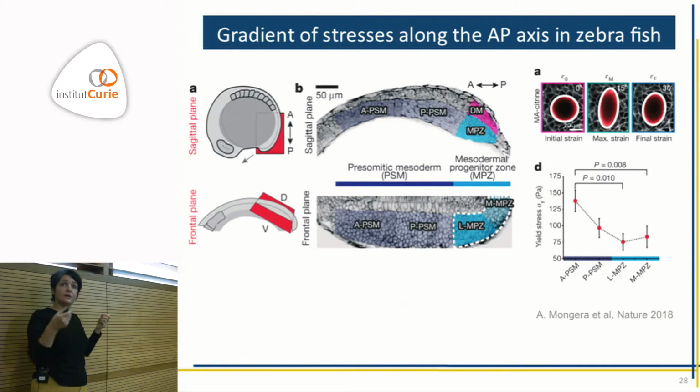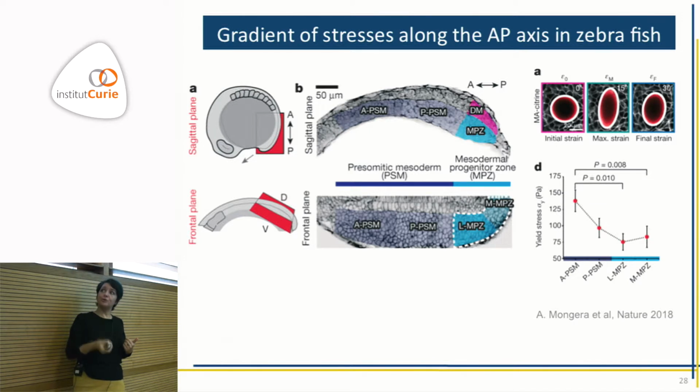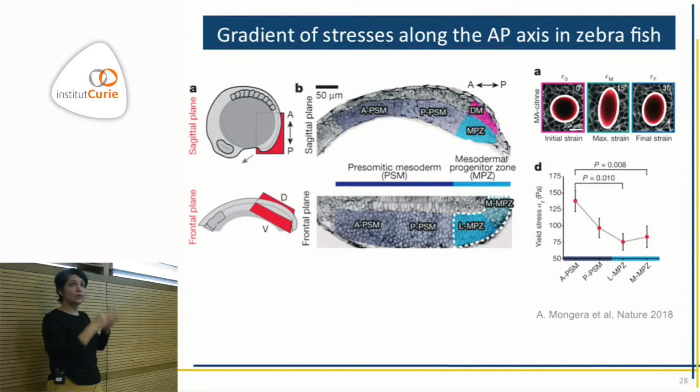And from analyzing the shape of this droplet, they could see that there is a yield stress gradient between the anterior and the posterior of the embryo. Then they used a lot of modeling, and to explain the elongation of the embryo, they were obliged to put in a gradient of the viscosity so that the elongation takes place. I'm not going to go through their work, but if you are interested, please look at this paper. So